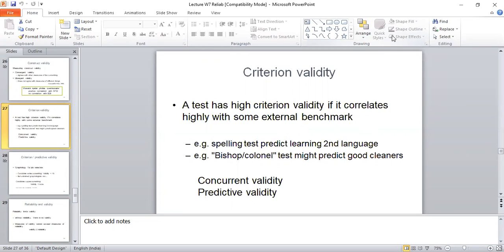The steps involved in calculating concurrent validity are: the test is administered to a defined group of individuals. The criteria, or previously established valid test, is also administered on the same group of individuals. Then the two sets of scores are correlated. Correlation is calculated and the resulting coefficient indicates the concurrent validity of the test. If the coefficient is high, the test is good, and the concurrent validity is also high.